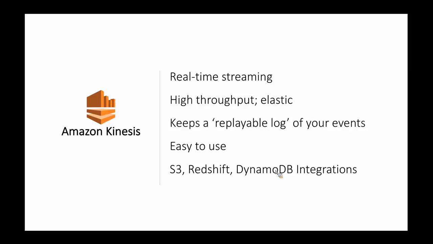It accomplishes that through sharding. So as the demand on Amazon Kinesis grows, you have the ability to either automatically or manually increase the number of shards to essentially give you parallel pipes, if you can think of it that way. And each of those pipes has an individual capacity, so you grow the capacity by adding more shards. It keeps a replayable log of events, so Kinesis will persist the data for the standard time is 24 hours,